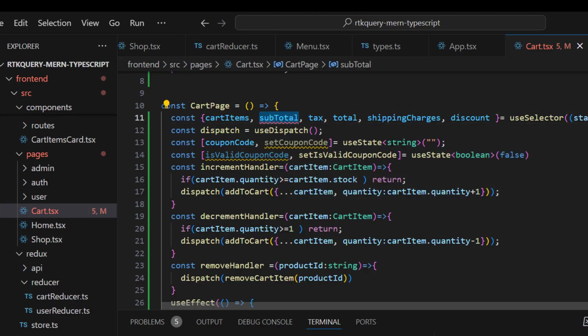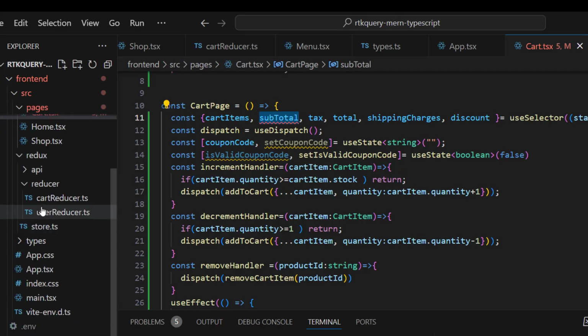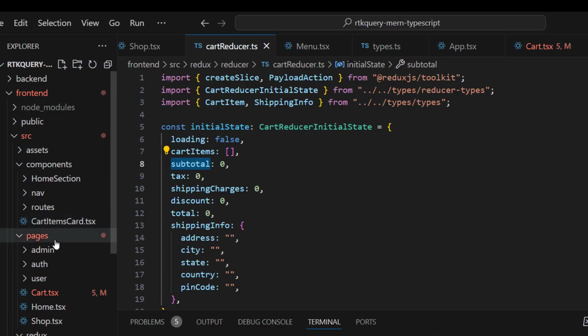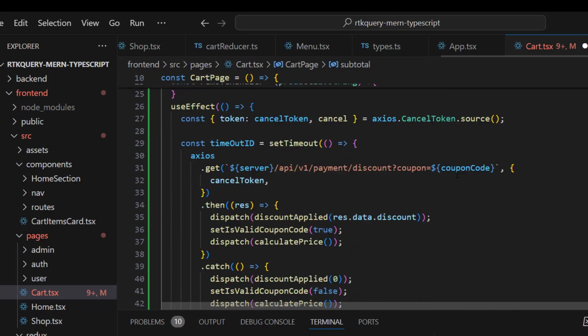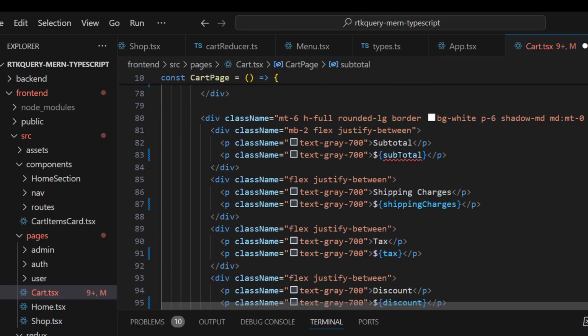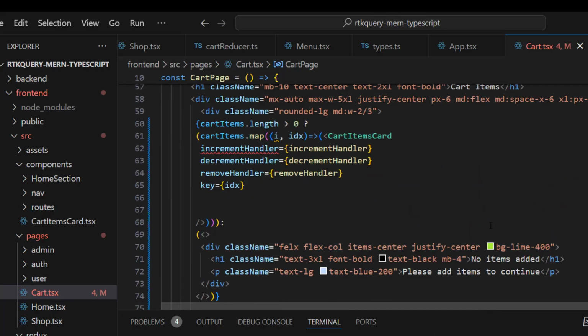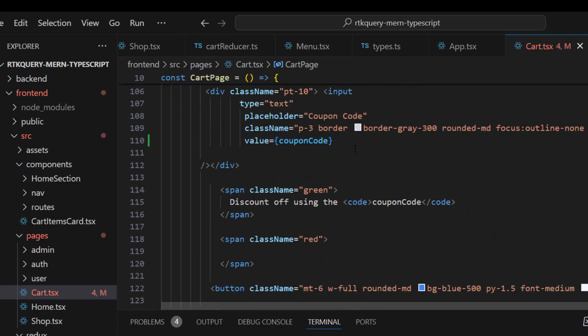Still it's giving an error. Is it subtotal? Cart reducer, subtotal. It's subtotal, that's why it's giving an error. Subtotal, and here subtotal. Okay, I hope the errors are solved. Yeah, subtotal. And here we need subtotal. Here we need coupon code, and